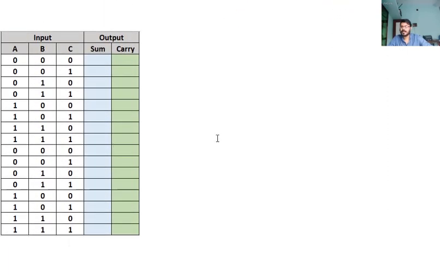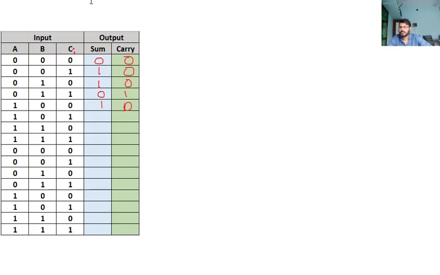So I have three inputs A, B and C, and the C means C in, carry in, so CI. So if you have 0, 0, 0 as the three inputs, then sum will be 0 and carry will be 0. Now 0, 0, 1 will be sum 1 and carry 0. 0, 1, 0 means sum 1 and carry 0. 0, 1, 1 means 1 plus 1 is 0 with a carry 1. Now 1, 0, 0, carry will be 0 and sum output will be equal to 1.